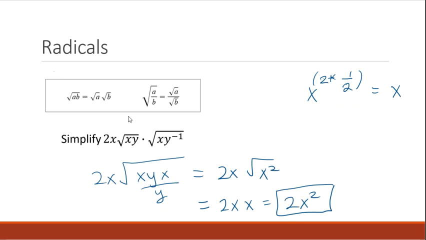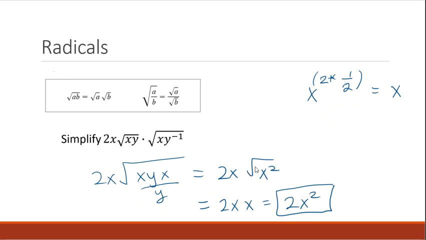Okay, so simplify this. We're going to make these 2 terms into 1 term, but put that square root over the whole thing. So 2x square root of this whole thing, so x times y times x divided by y. Y over negative 2 is dividing by y. Okay, so that's x squared, and then the y's cancel out. So 2x square root of x squared. Square root of x squared is x. If you need an explanation of that,